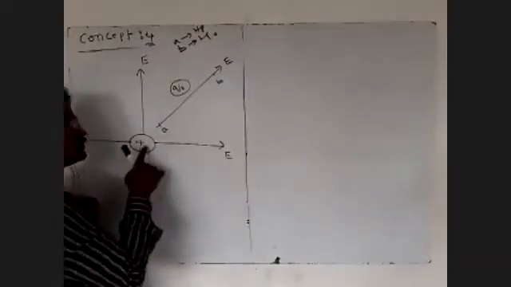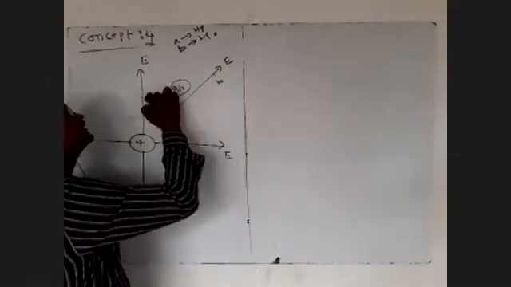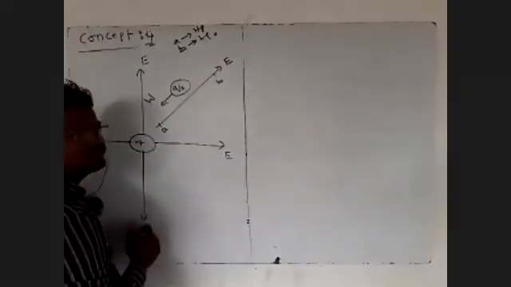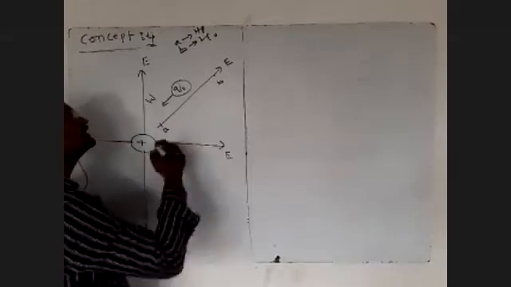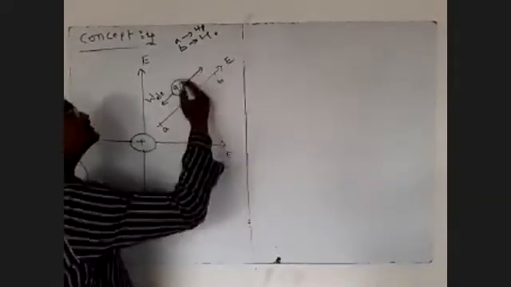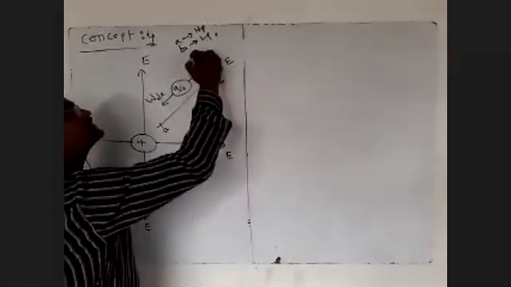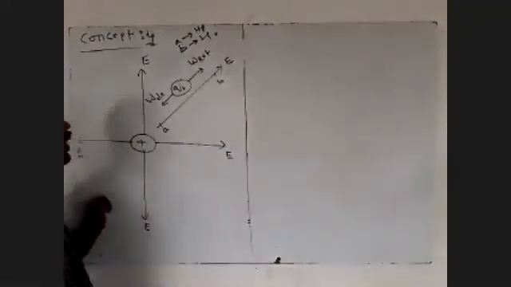Right? This is a positive charge. This positive charge will repel, and the charge moves in this direction. That is work done. So what type of work done? The charge Q naught is moved from A to B against the electric field by an external agent. That is external work.